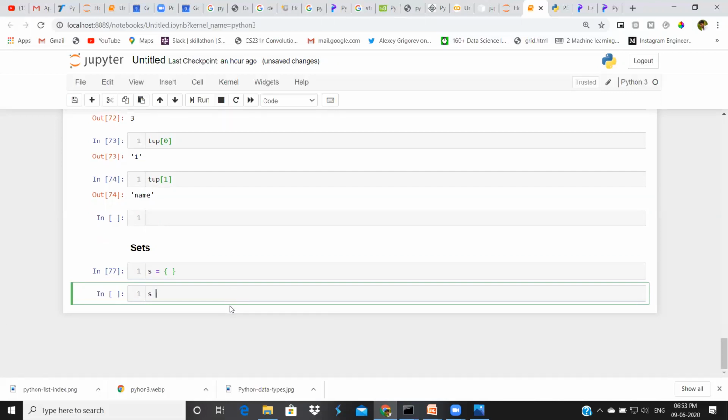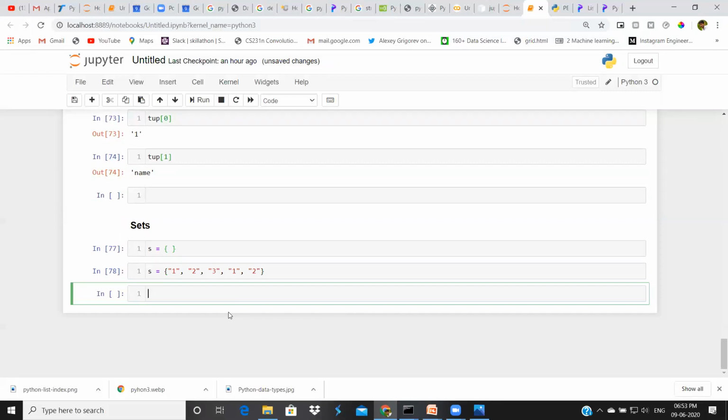Inside this, we can keep any number of items. I define my set with the values 1, 2, 3, 1, 2.